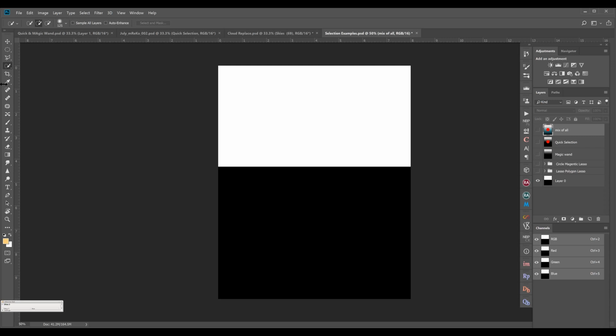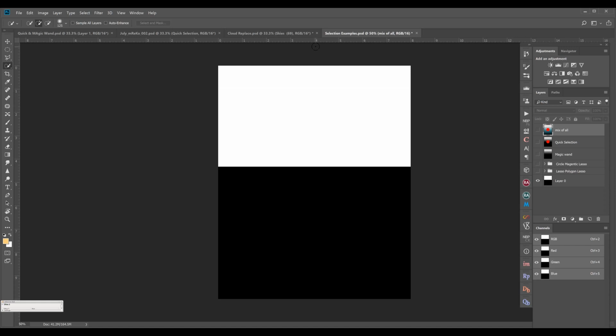Now, if you see, this image is a layer which has two colors, white and black. The canvas is in a portrait orientation, in which two colors are there in a rectangular manner.